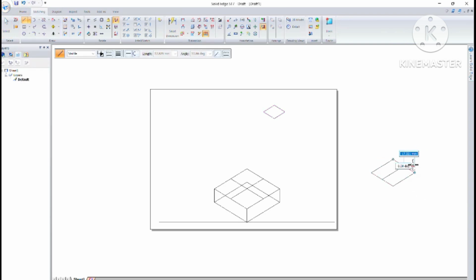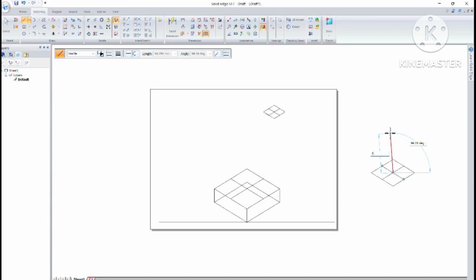Step 4. Creating the frustum of a square pyramid. Now, we move on to the main feature of our drawing, the frustum of a square pyramid. A frustum is a portion of a pyramid that has been cut parallel to its base, leaving a smaller square on top. Dimensions of the frustum: bottom length, 40 mm. Top length, 20 mm. Height, 60 mm.